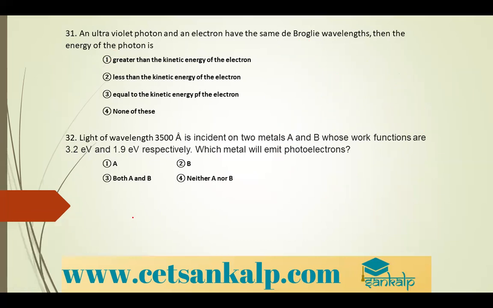So next, see, the light of wavelength 3500 Angstrom is incident on two metals A and B whose work functions are 3.2 electron volt and 1.9 electron volt respectively. Which metal will emit photoelectrons? Okay,